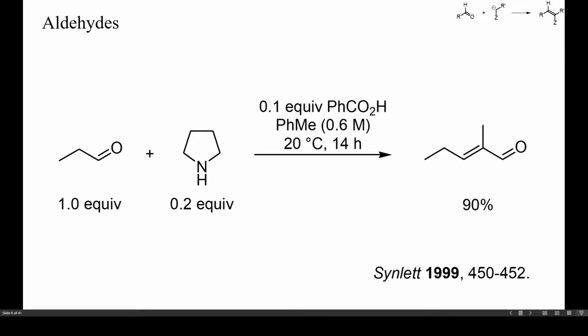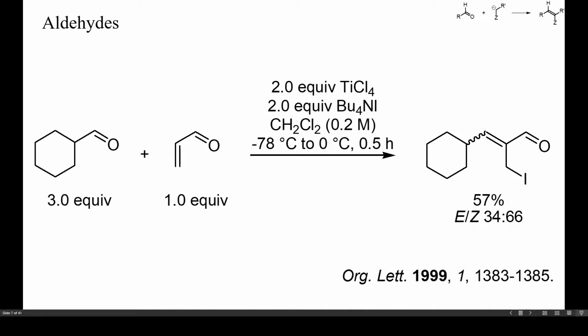One way to accelerate such condensations is by adding ammonium carboxylates, as in this example. Here, a catalytic amount of pyrrolidine and benzoic acid led to a complete condensation within 14 hours at room temperature. It is sometimes even possible to perform cross-condensations between two different aldehydes. In this example, acrolein was used as a synthetic equivalent of 3-iodopropanol, and the condensation was brought about by an